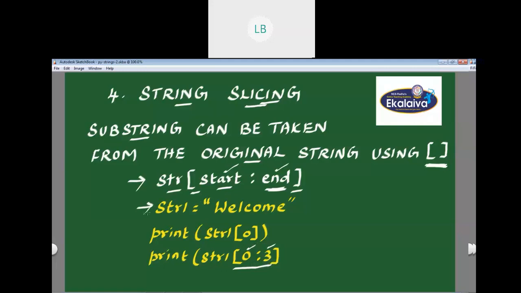See the statement here, str1 equal to welcome. A string is assigned to this variable. We can write the index values for each and every character. Index starts from 0.